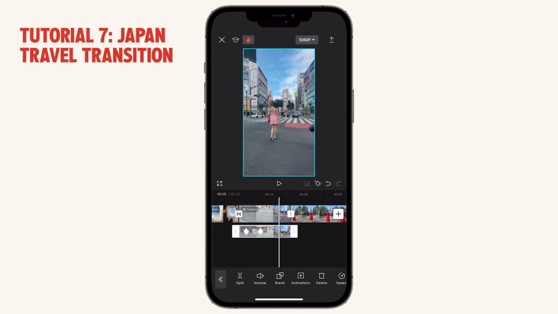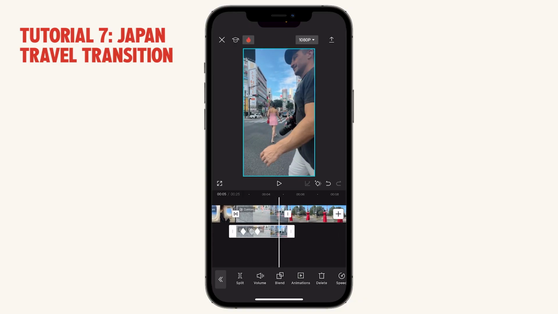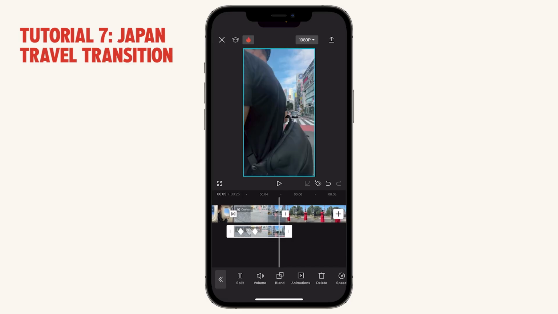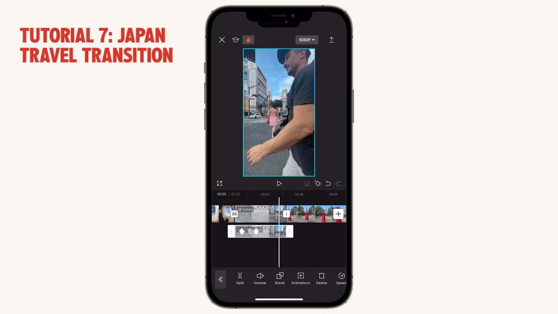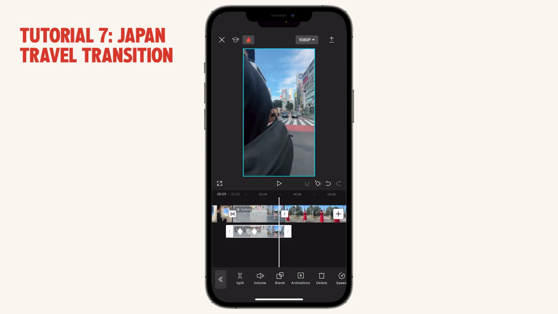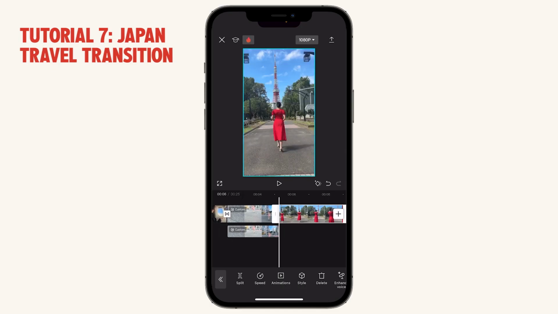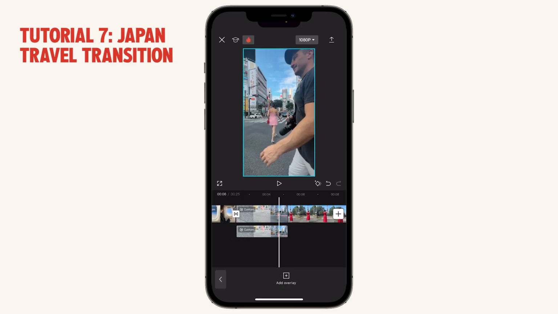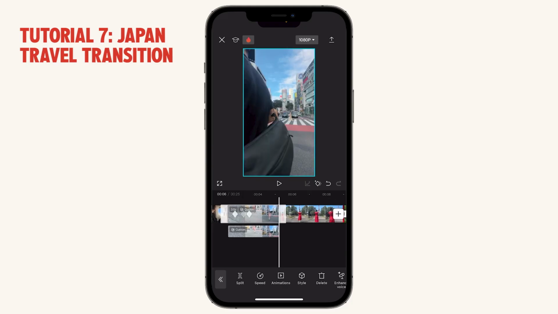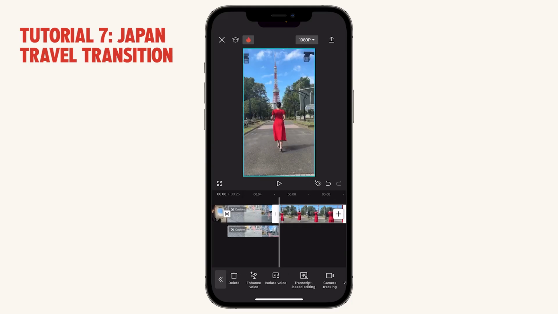And then when the guy walks by, this layer where he is remaining and the background is removed is going to walk across, and then it will reveal this red dress layer. And so what we want to do is put this red dress layer over this layer. So what we're going to do is go into overlay, and then we're going to move it forward,